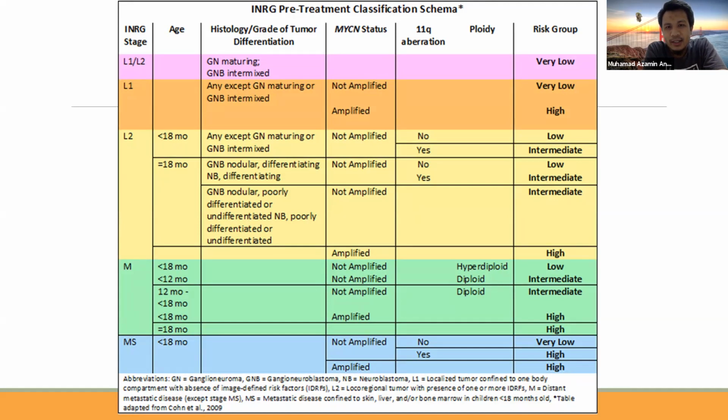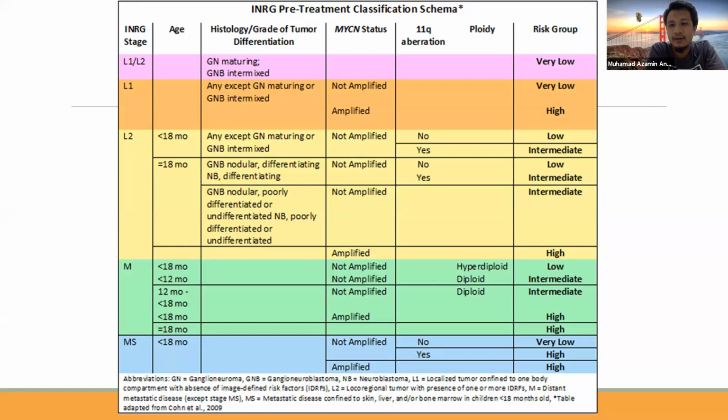But generally, neuroblastoma is a disease of childhood. You don't really see neuroblastoma in teenagers or adults. The thing is, sometimes they come very late because most of the children probably don't have any symptom apart from a distended abdomen. So that's the main thing about neuroblastoma. Sometimes they come very late because the child is not complaining of anything.